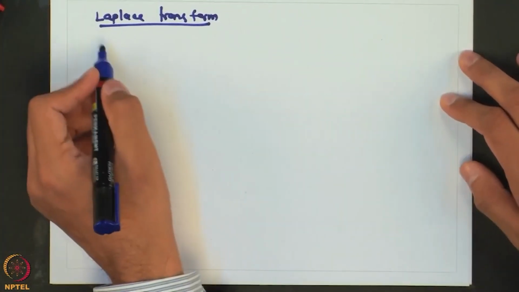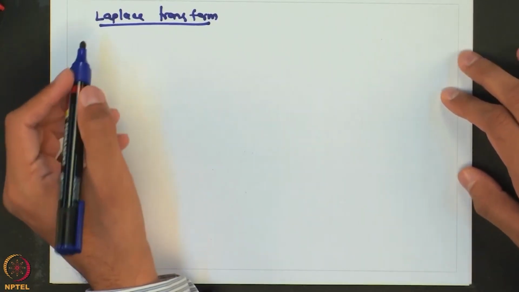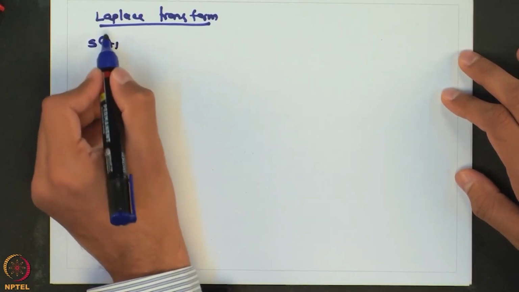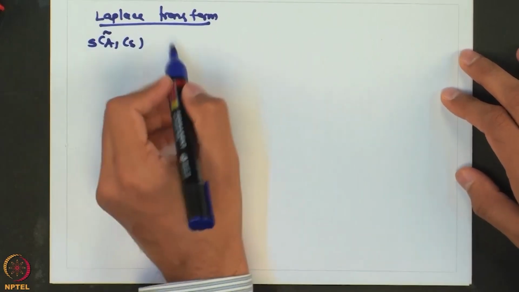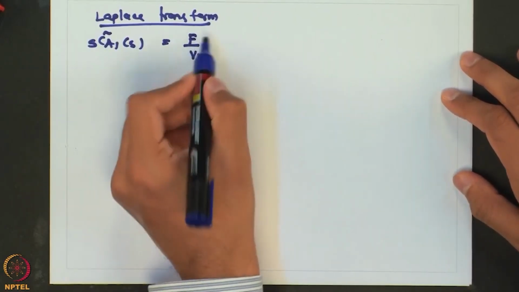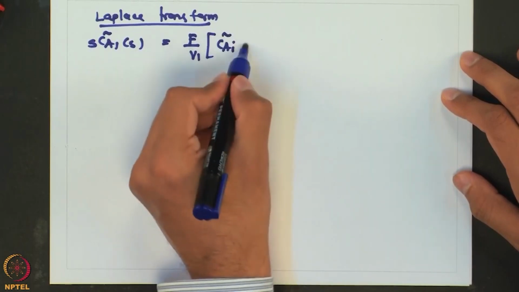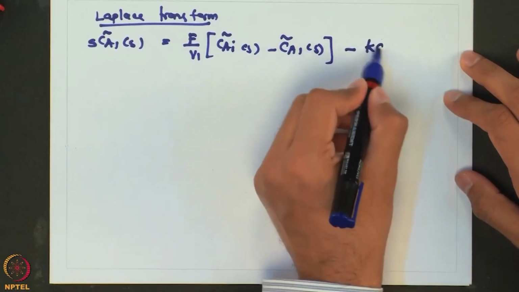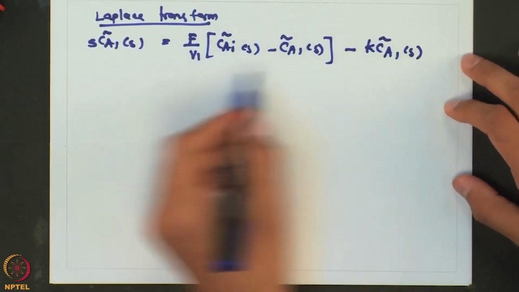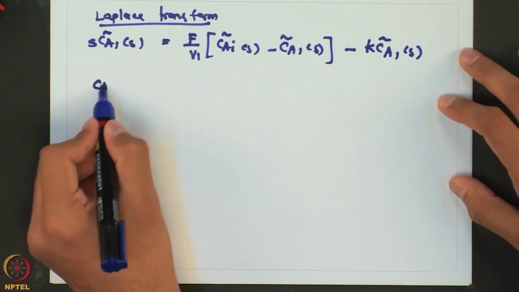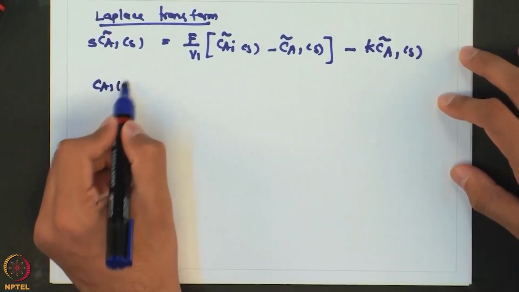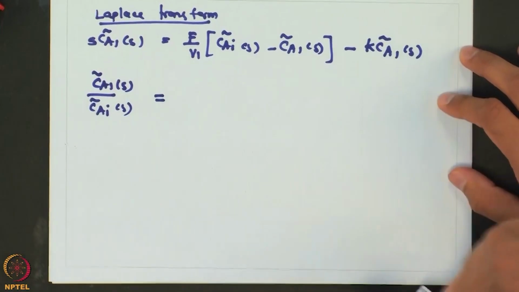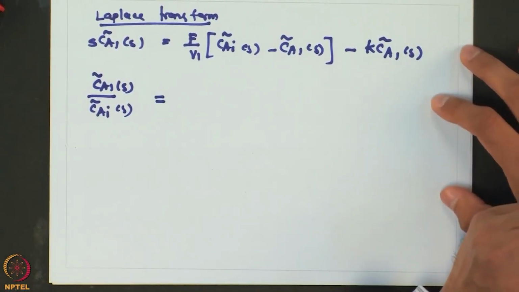So, Laplace transform, and as we are working with deviation variables, we do not have to worry about the initial condition. So, we will have s CA1(s) = (f/V1) CAI(s) − (f/V1) CA1(s) − K CA1(s), which we can write as CA1(s) over CAI(s). So, we will write a transfer function for the first CSTR, which will come out to be